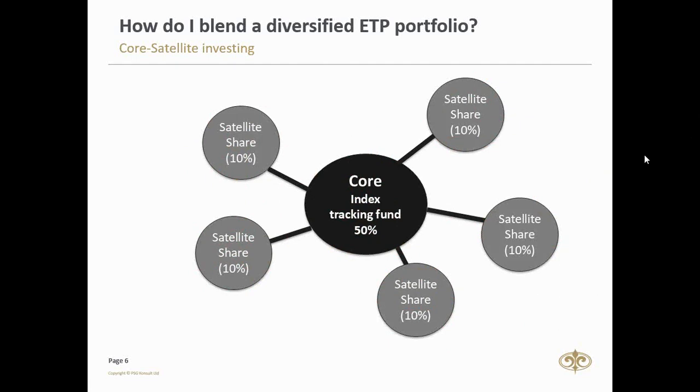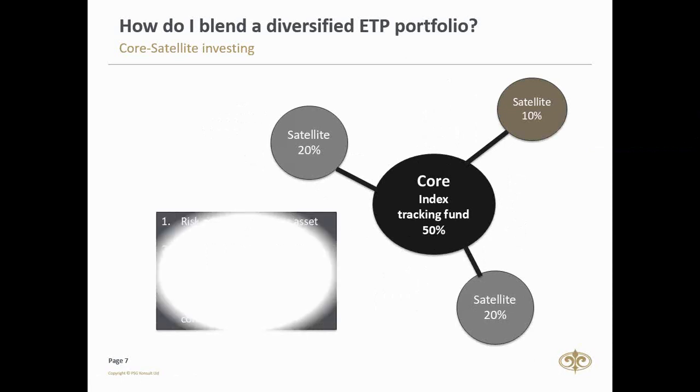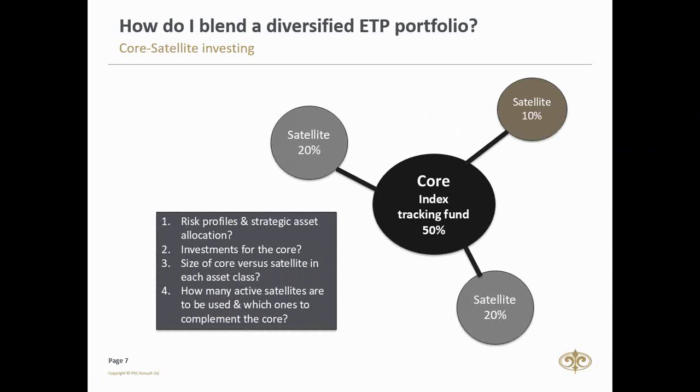This brings up the question, there are certain things you have to take into consideration. When you effectively design and implement a core satellite portfolio, there are the following factors, and there's 5 things you have to look at, or sorry, 4 things you have to look at. You need to determine the risk profile and the strategic asset allocation. So you want to say, okay, I'm putting all my money into my SETX 40, that might be the core. But what are the risks? And you have to take all that into consideration.